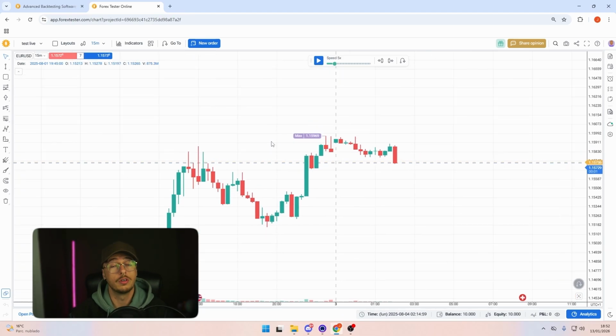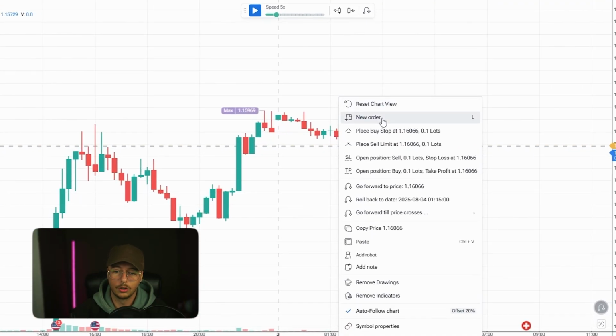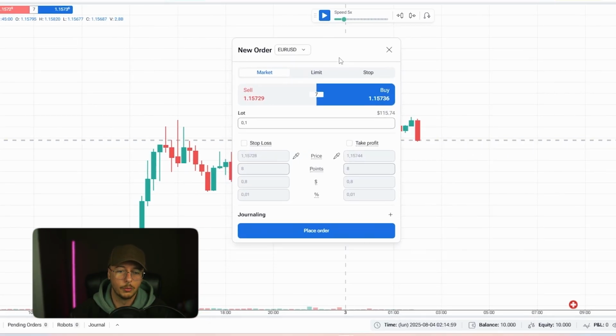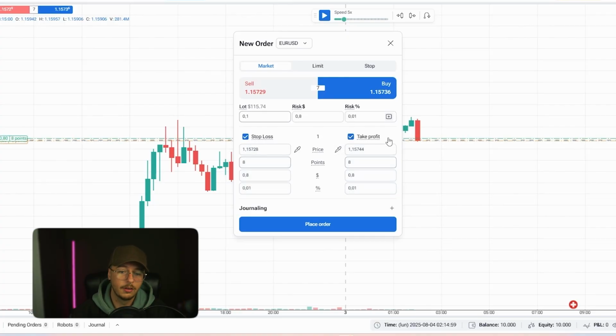And now the most important, how do we open a trade? So basically, if we don't change it in the shortcuts, I do have it changed in the shortcuts, so I've set it to my mouse, but if not, we'd have to right click and new order. If we click on here, I'll get this small dashboard here where I can open a market, a limit or a stop position. Now all I need to come is to stop loss or take profit, so we can set the risk in percentage, or we can use it as a lot size if you don't want to set it